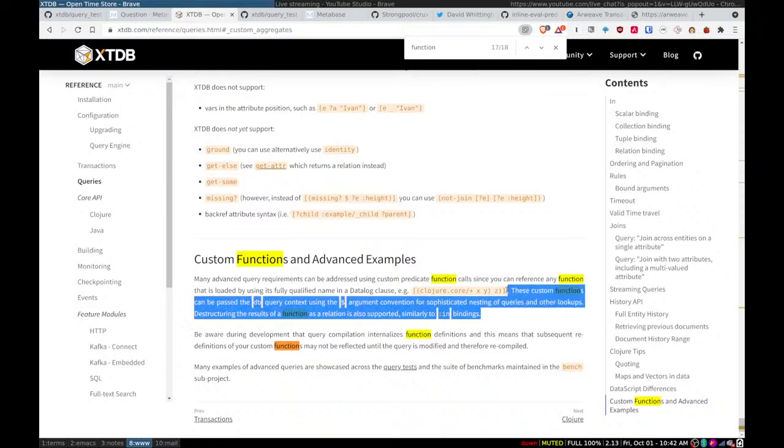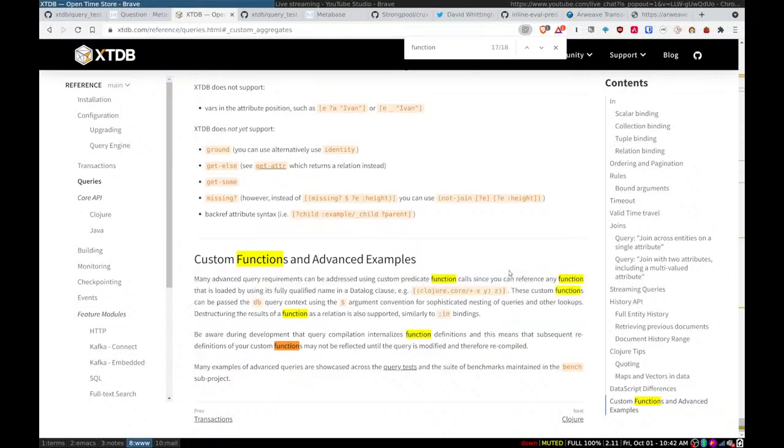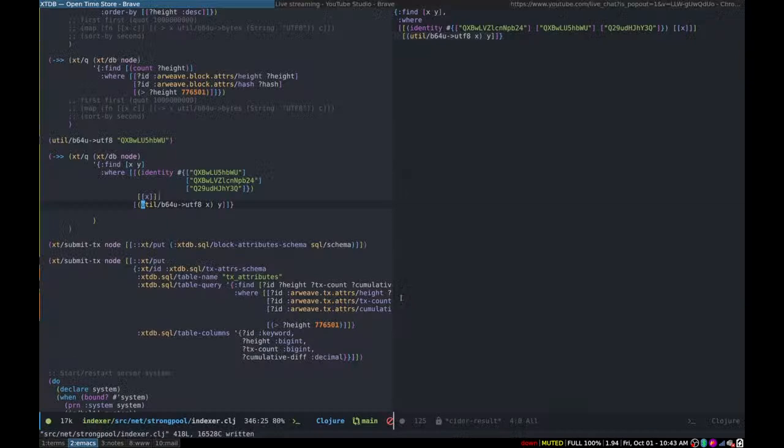Interesting. So here, I don't know if there's some subtlety or something that's changed. This is where I got that idea from, I think. The fully qualified name. These custom functions can be passed the DB query context using the dollar argument convention. Interesting. I guess that means that we could pass, I think that means, well, you know what, let's go look